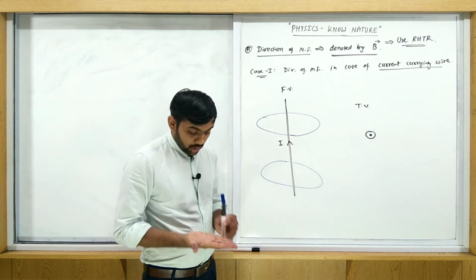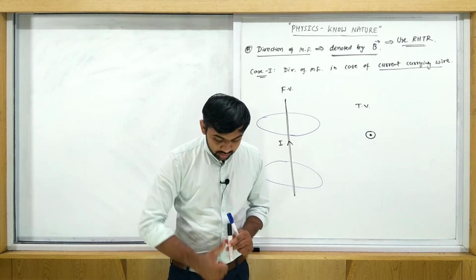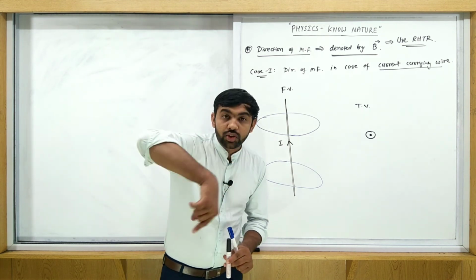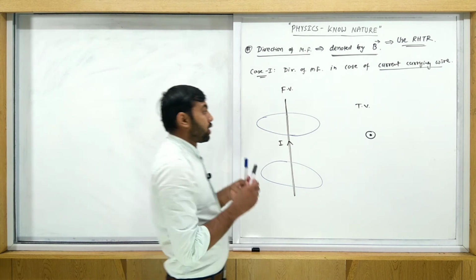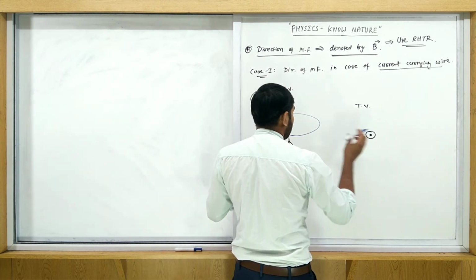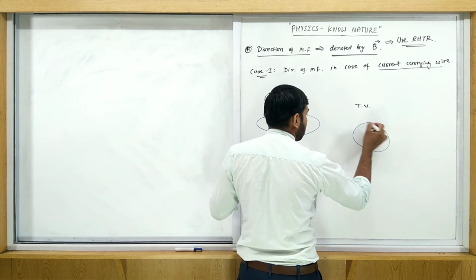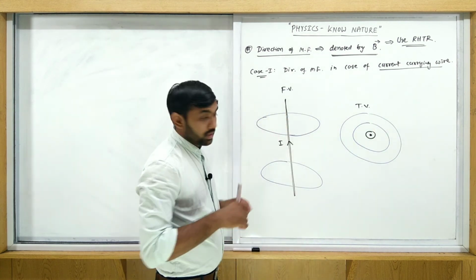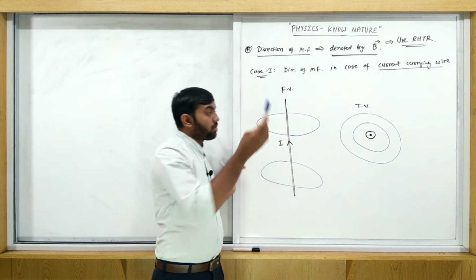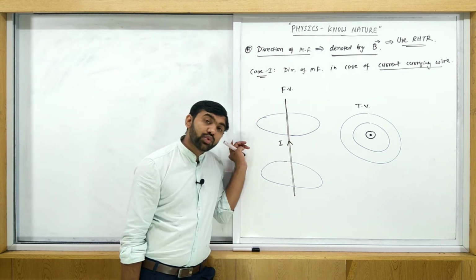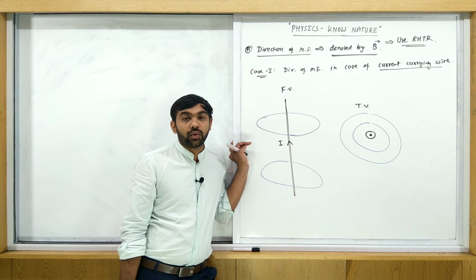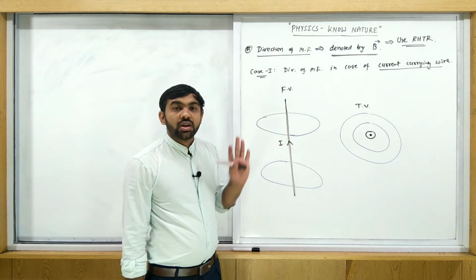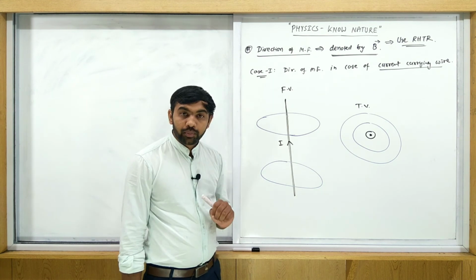Right now the plane is this, and current is coming out, which is this one. You draw the circle like this, so that is the first circle, and here is the second circle. That is the two possibilities. Maybe the magnetic field is clockwise, maybe anti-clockwise, but which one do we have to decide? At that time use the right hand thumb rule to get the direction of the magnetic field.